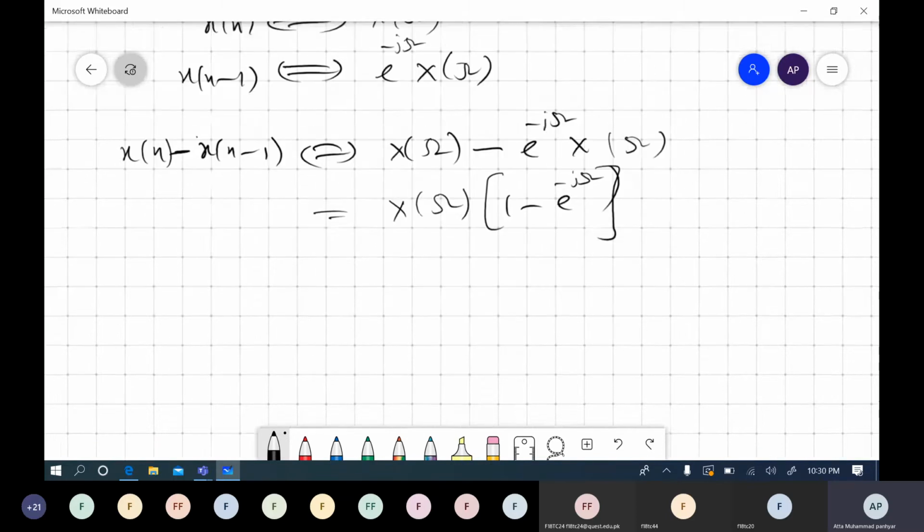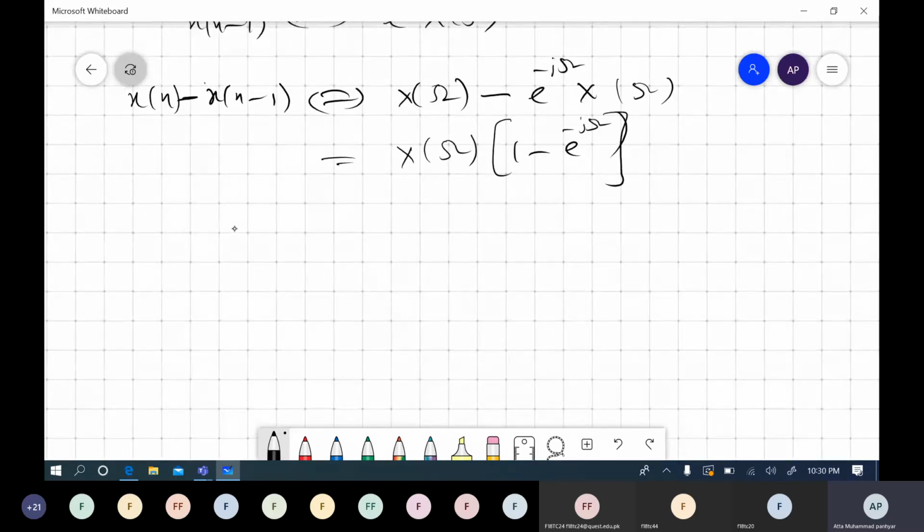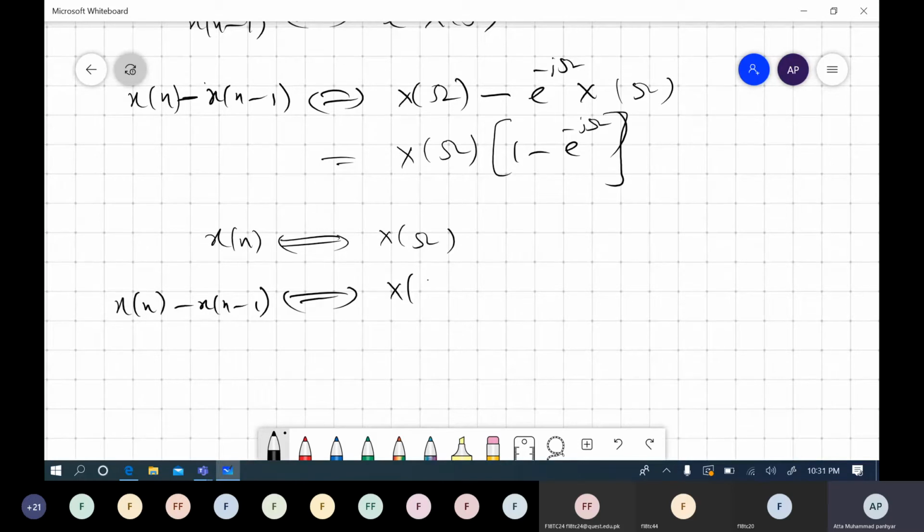So in short, we say in the difference property, for example, if we have x of n, and its Fourier transform is X of omega, then its first difference must be equal to X of omega times 1 minus e to the power minus j omega, right? This must be taken carefully. Okay, now